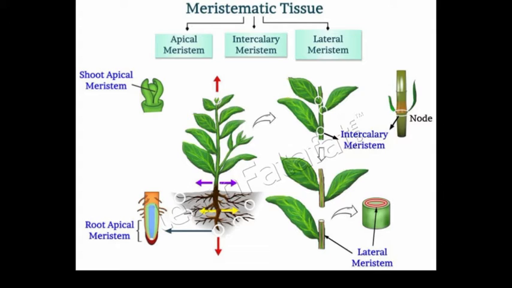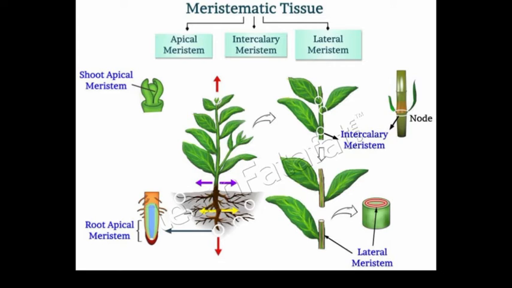plants. If you talk about features of meristematic tissue, first one is that in meristematic tissue a thin primary cell wall, cellulosic, is present. Second, intercellular spaces are absent, meaning there is compact tissue. Third, generally vacuoles are absent. They have dense cytoplasm and prominent nuclei are present. Next, a large number of cell organelles are present. They have an active metabolic state, that's why stored food is absent in meristematic tissue.